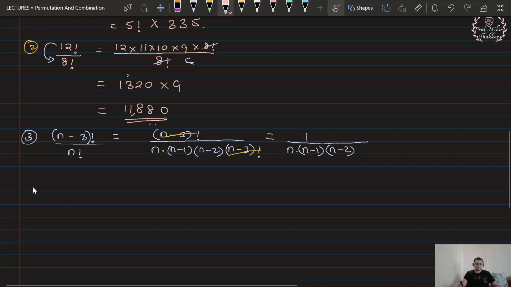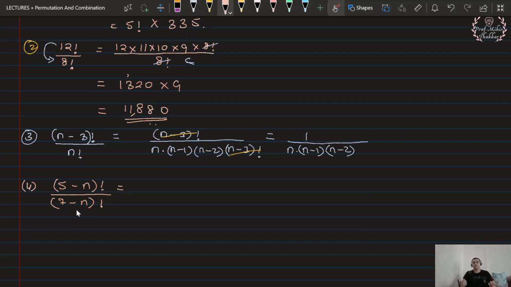Suppose if you have (5 minus n) factorial divided by (7 minus n) factorial. Now see, looking at this 5 minus n and 7 minus n, you have to once again decide which will be greater, 7 minus n or 5 minus n. So if directly looking at this you don't understand, you can do a small rough work calculation. How? As you know that we have to reduce the factorial again and again by 1. So you will just understand within 1 minute if you just do one reduction.